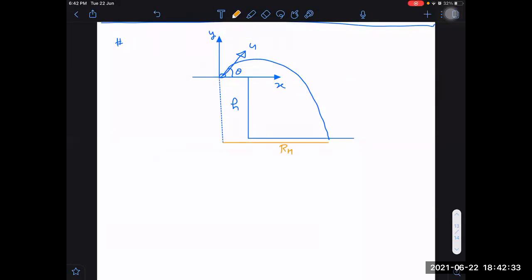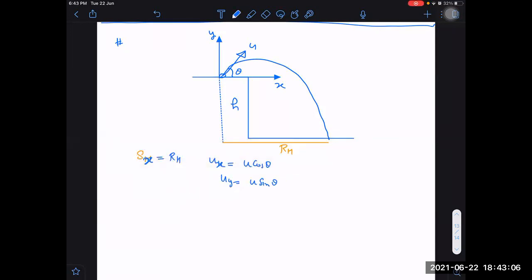I am writing it as RH. So let us start writing the value of RH. What is displacement along horizontal? RH, let us say. What is initial velocity along horizontal or along x? Initial velocity along x-axis is equal to u cos theta. Is it okay? Yes, sir. What is initial velocity along y-axis? U sin theta. That is okay? Yes, sir. All right.